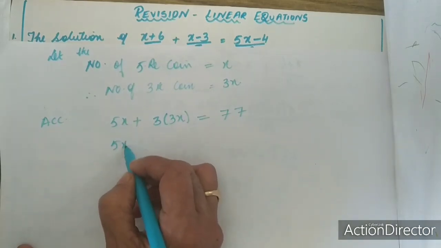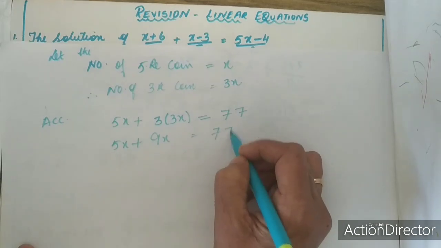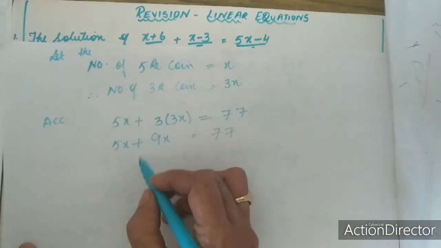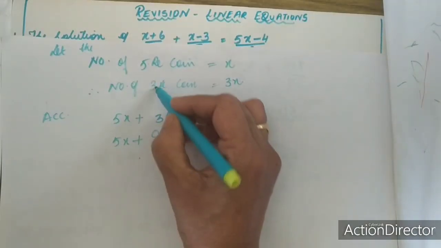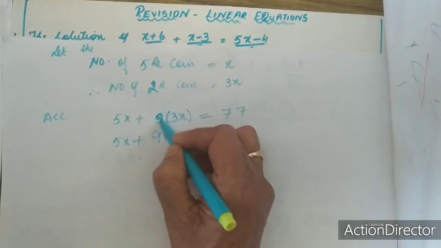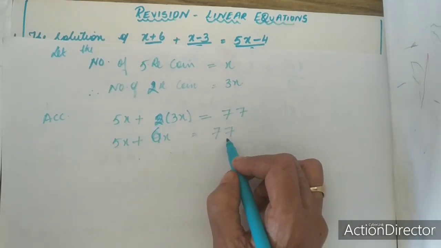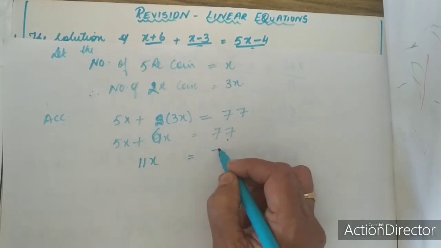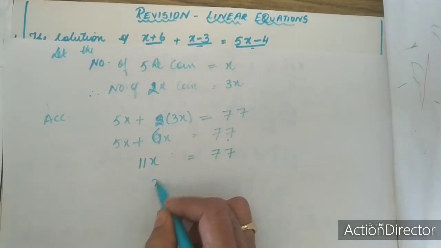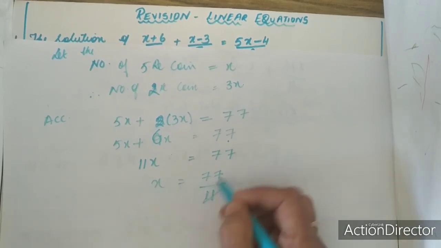Here the number of 2 rupee coins is 3x, so 2 into 3 is 6x. So 5x plus 6x is 11x is equal to 77, or x is equal to 77 upon 11 which is